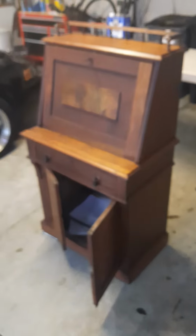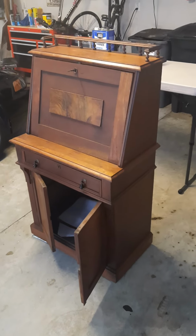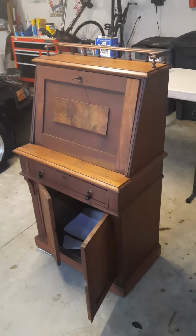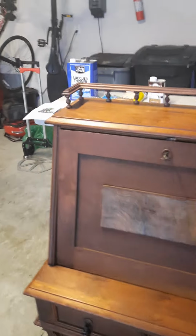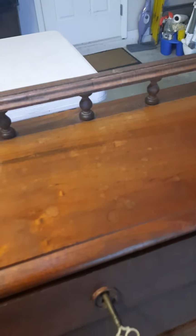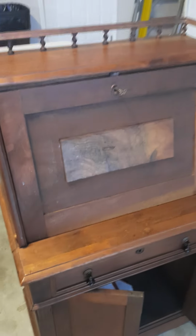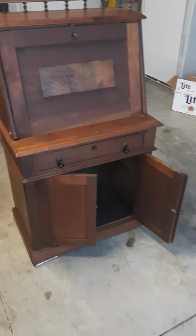Okay, it's going to be a fun little project. It's not like restoring a car, which I've been doing for the past 30 years. Kind of a step back. But I found this piece and I just couldn't resist it because it's so original and everything's there. Anything I used to see at auctions, these were especially rare to see on their original pieces. So, and again, it's 150 years old,